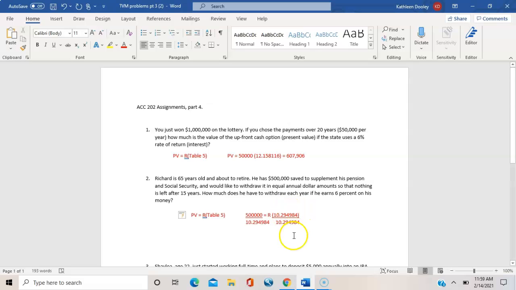Okay, so on the right side, that'll wipe itself out and leave the R by itself. And then on the left side,